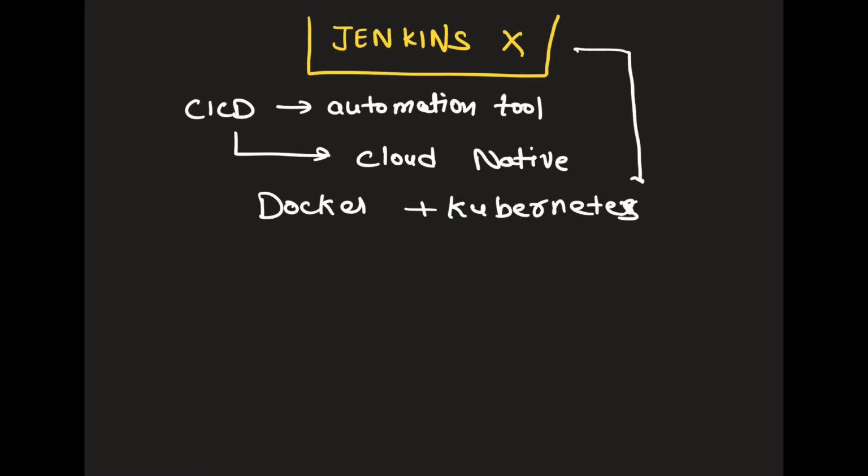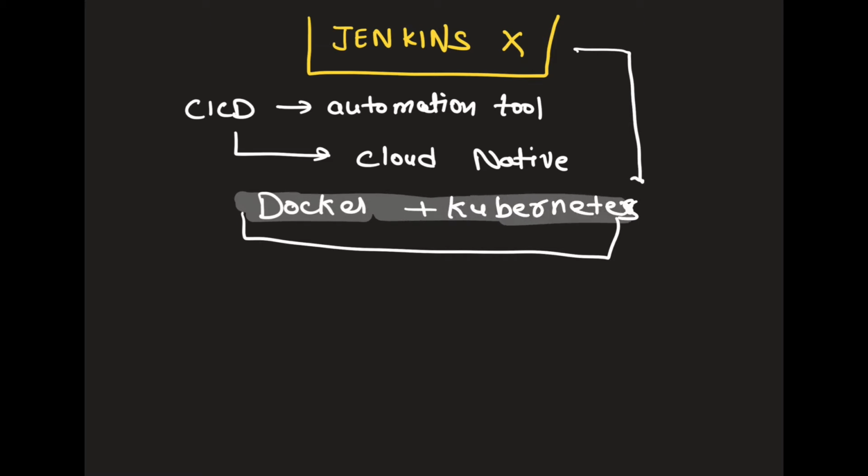So if I compare it with Jenkins, the traditional Jenkins used to bring CI/CD in your normal application, monolithic application, whether you want to deploy something on Tomcat servers, on any other web servers, on VMs, on physical servers. Those were typically traditional applications, and Jenkins helps us to build and deploy applications of that particular type. But Jenkins X is opinionated towards Docker and Kubernetes. So the main thing is that it will bring CI/CD operation within your Docker and Kubernetes based applications.